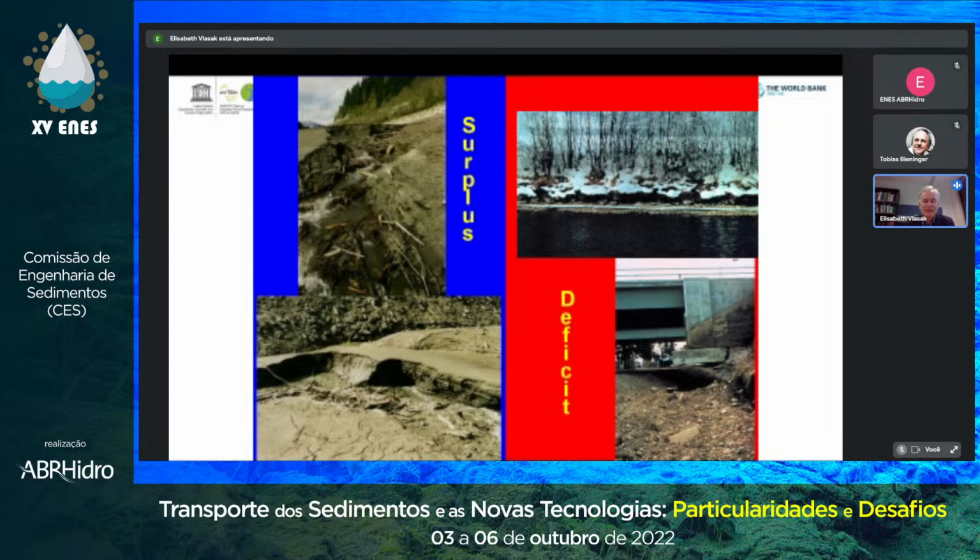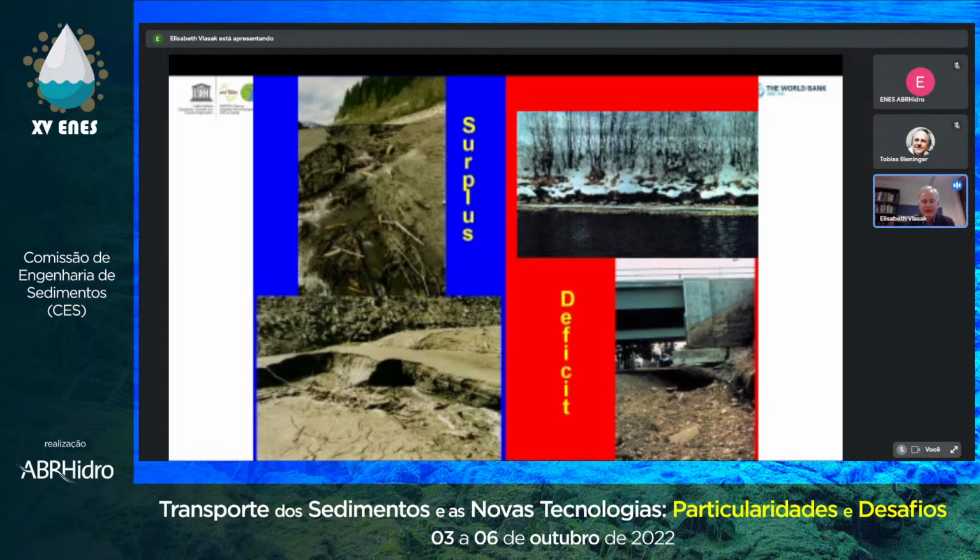On the right side, if we have a sediment deficit downstream, we might get this: the riverbed was up there before, and it's now, after 50, 60 years, 1.5 meters lower. All the bank protection, as you see there, is in the free area. So there's a lot of risk for erosion and damages in flood conditions. Or you see here bridge abutments with erosion and scouring along bridges and bridge piers, which can ultimately lead to collapses of bridges, which we also observe in Europe in various places. So the main question is, one has too much sediment and the other one has not enough sediment. Why not get into contact and try to improve the overall situation?